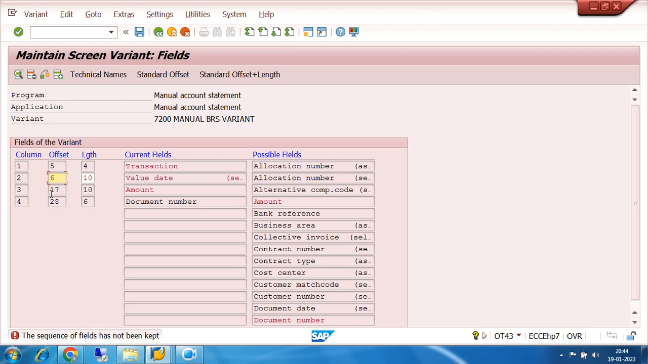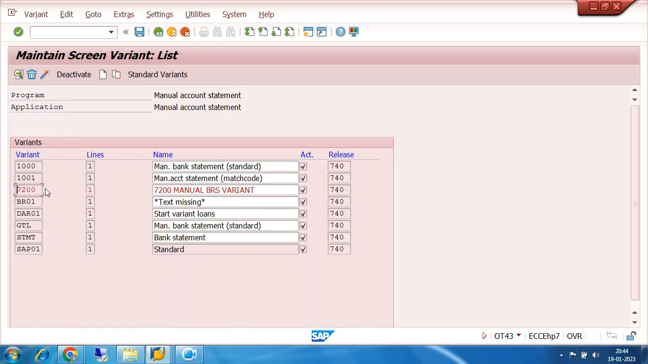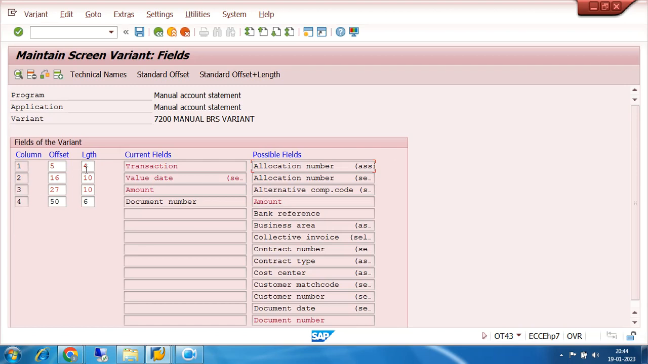Let us see. Okay, it is not showing the sequence field. For the first column it is showing the offset. Okay, it's all right. I have to just adjust it. I am just coming out and doing it again. Okay, so this was the offset actually. This is the length. Number of length is equal to 4, offset is equal to 5. Then the second column, it is started with